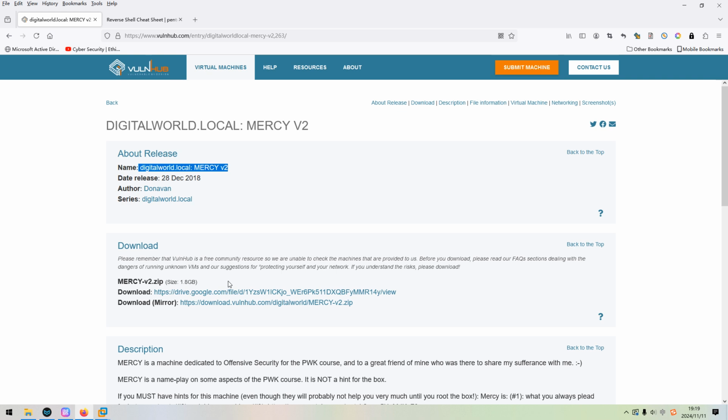This machine is very good because it can provide us a lot of opportunities to sharpen a variety of cybersecurity techniques, such as exploiting file inclusion vulnerability. Also use MSFVenom to create a specific payload. Also it will involve privilege escalation by manipulating a shell script. So there will be a lot to take.